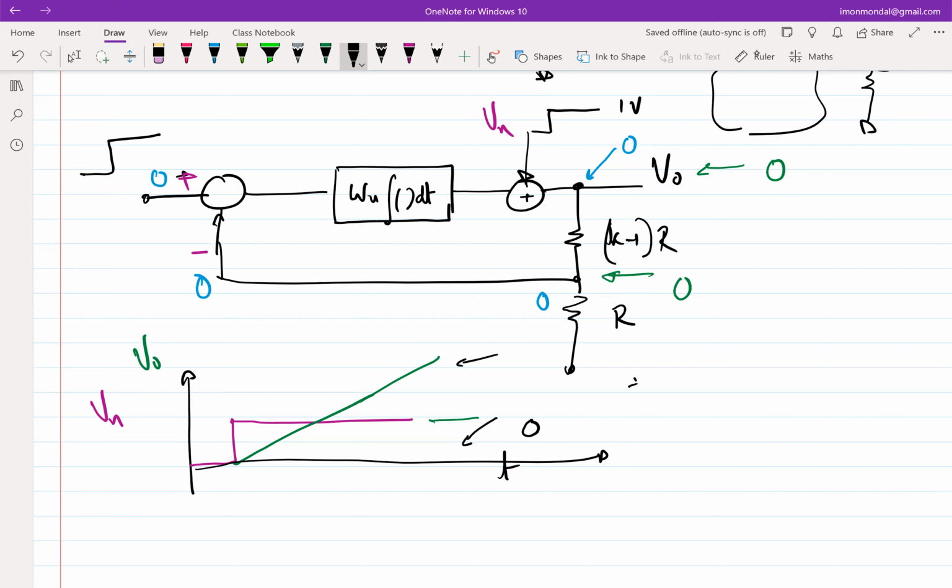So two conclusions. One is the output at steady state will go to 0. Second is that it cannot be a ramp all the time. The third thing we need to figure out is what's going to happen at time t equals 0, or in this case, at time t equals t0, let's say. Let's do that intuitively first. So at time t equals t0, when you are pushing this step,